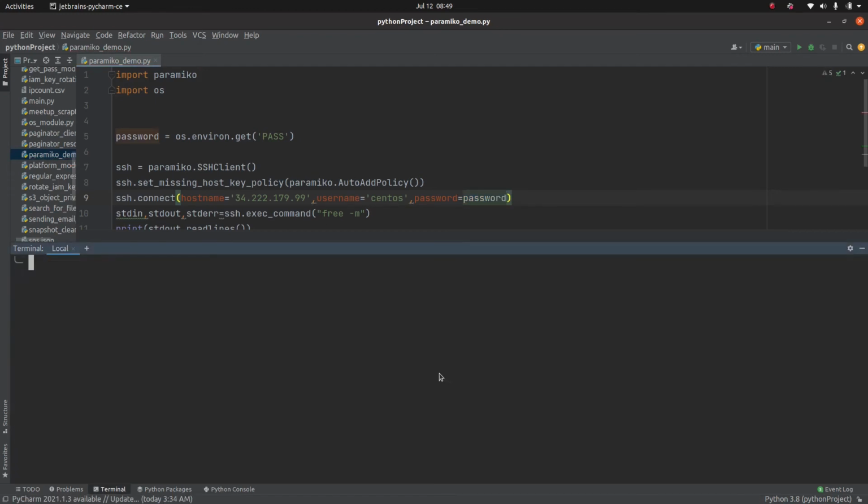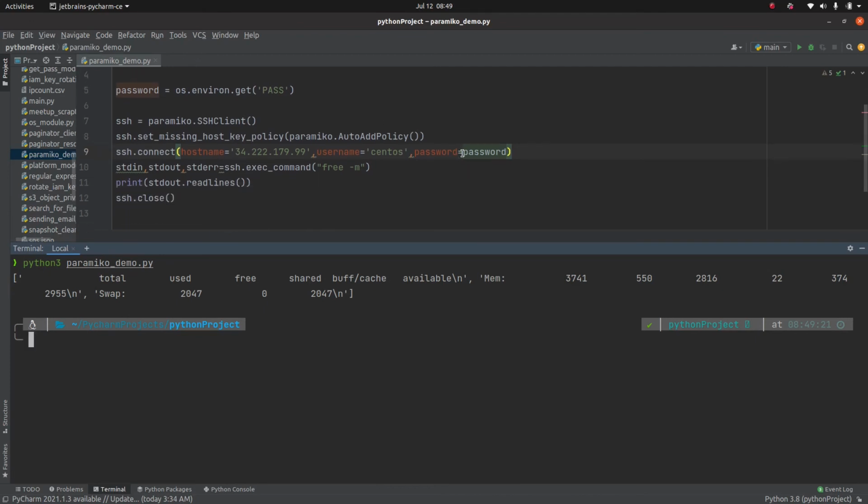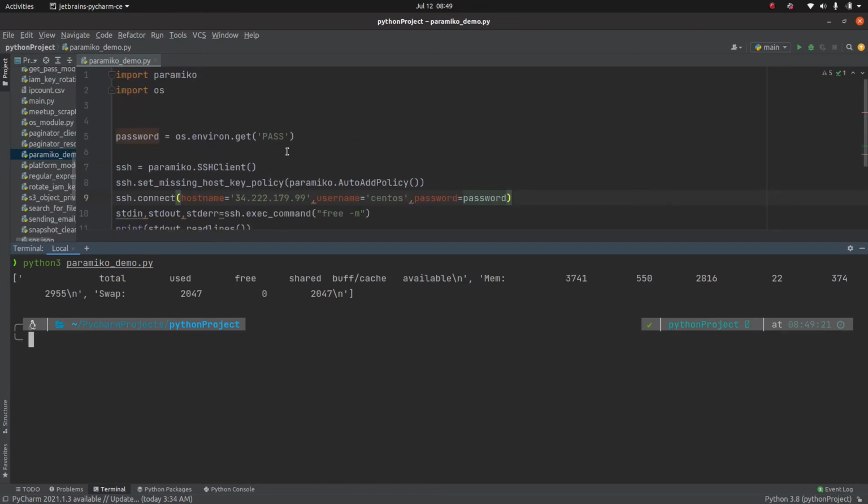Now let's try to re-execute the code. Okay, so nothing has changed from the code point of view or the output point of view, but you follow a good security practice, and rather than hard coding the value of your password, you pass it via the environment variable.